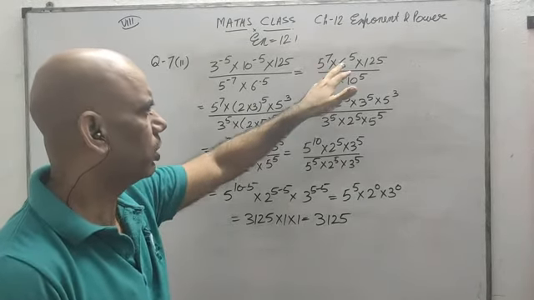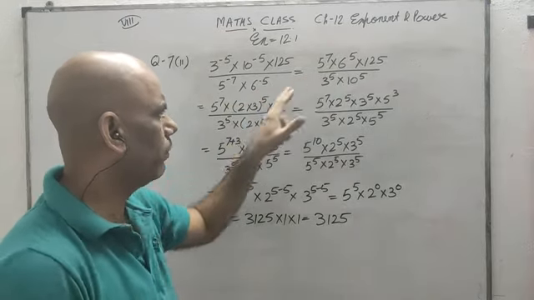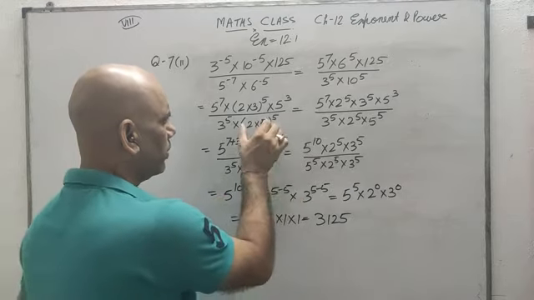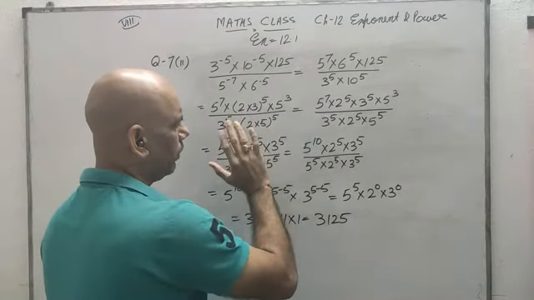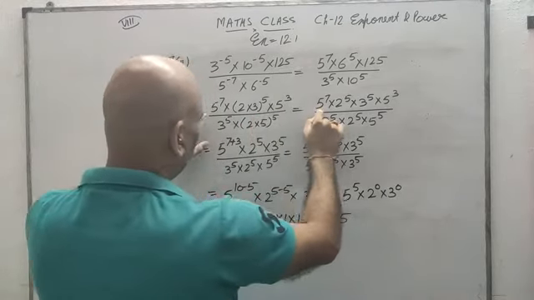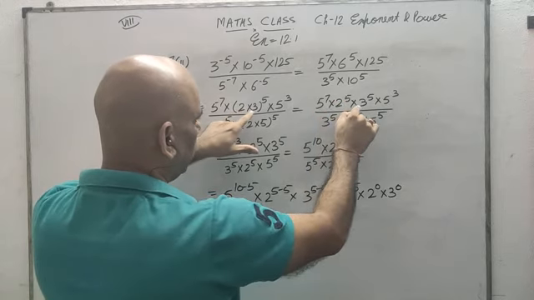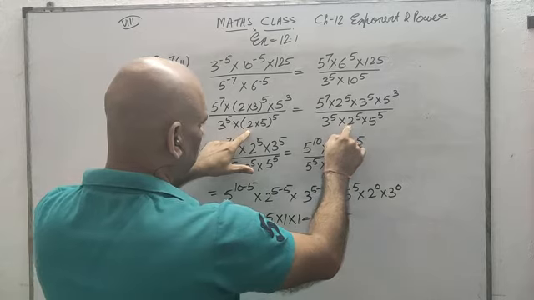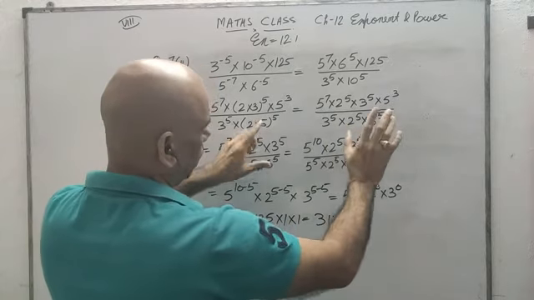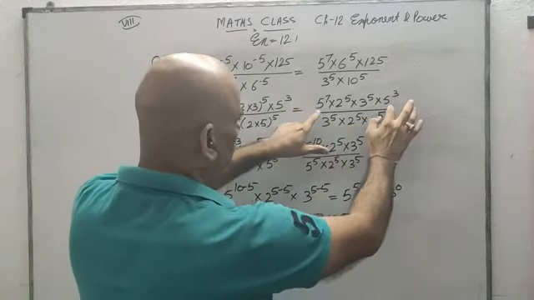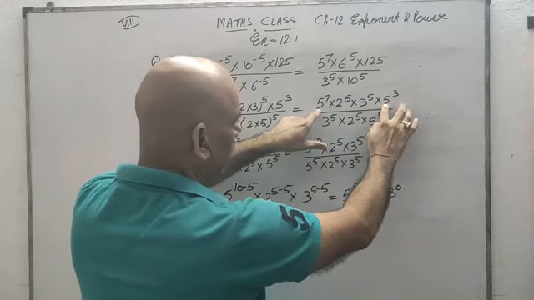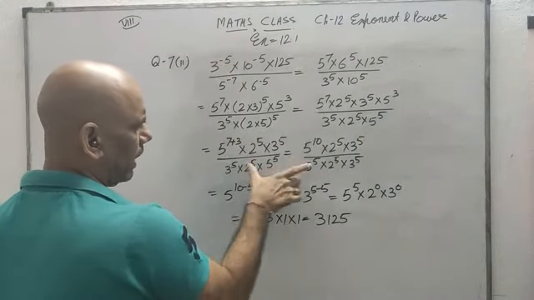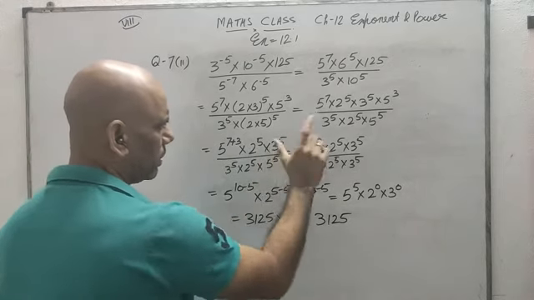Thereafter, I have made the factors of 6, 2 into 3, of 125, 5 to the power 3, of 10, 2 into 5. And then if it is a combined power, it will be distributed with both of them. So the same thing I have done: 5 to the power 7, 2 to the power 5, 3 to the power 5, 5 to the power 3, 3 to the power 5 into 2 to the power 5 into 5 to the power 5. What I have done now, look here, these are the same base and in multiplication, so power should be added, that I have added here. And the rest are written like this, 7 plus 3, 10.